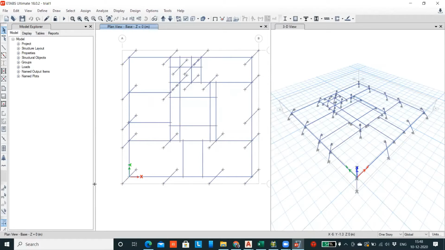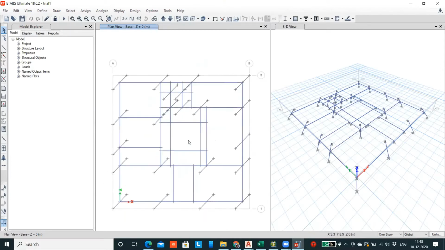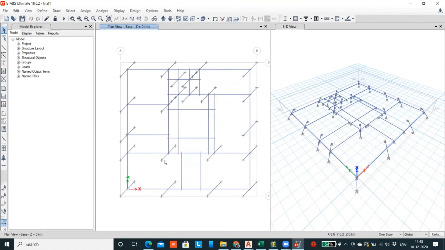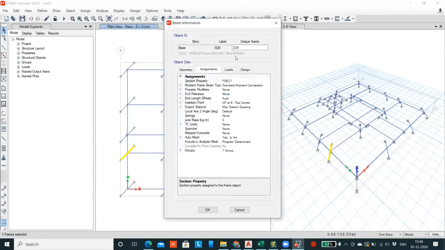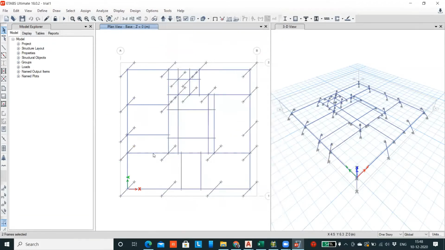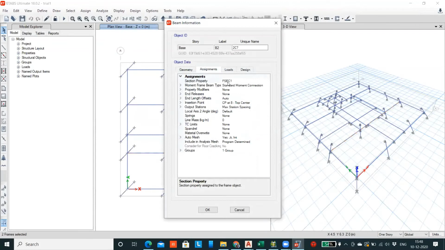Next, you have to assign the section properties to the grid system that we have created, or it is already assigned over here. You see that the section property is assigned as FSCC1. Some section has been assigned to each and every member as the same property.